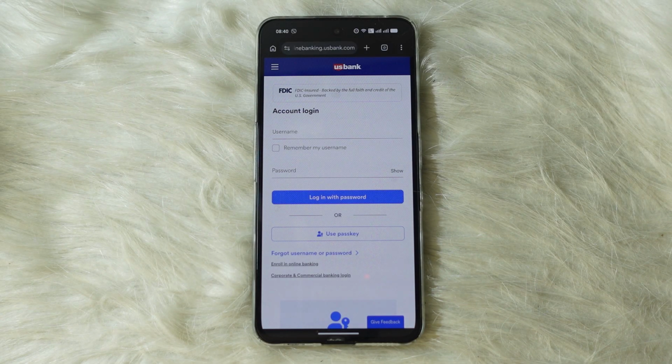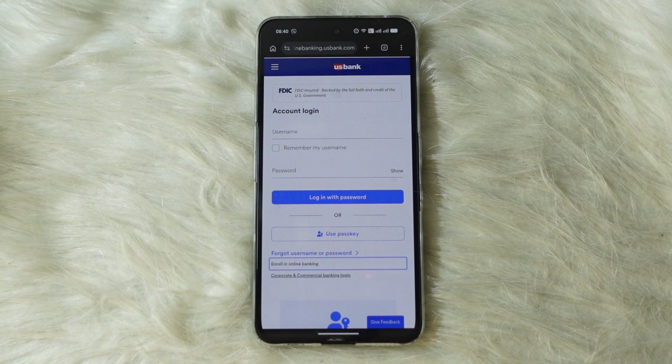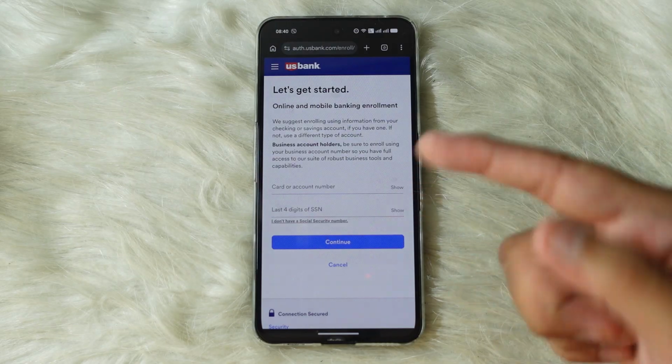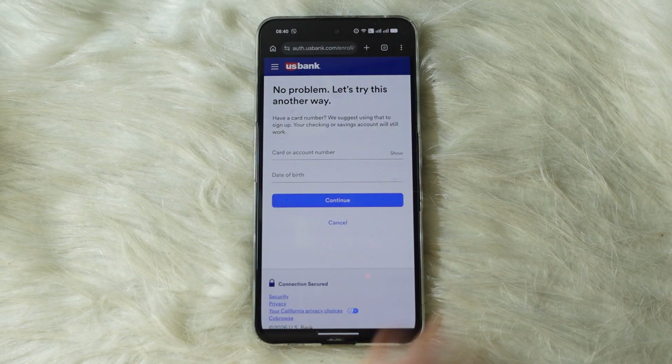If you have not enrolled in US Bank's online banking, simply hit enroll in online banking under login. Here you'll have to enter your card or your account number and then your social security number. If you do not have a social security number, simply hit I do not have a social security number, in